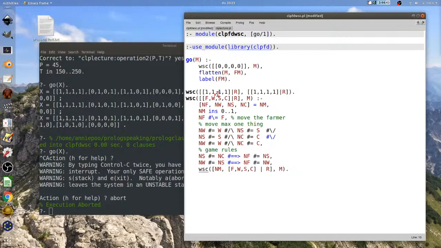And if you attempt to unify and you fail, you have a zero element domain. So this expands the idea of unification.